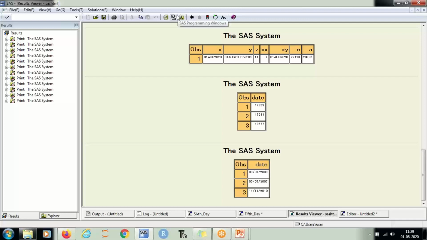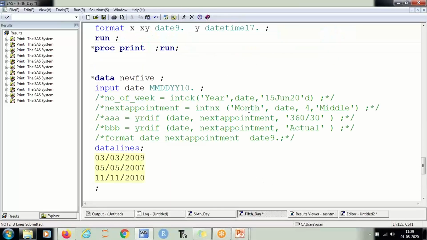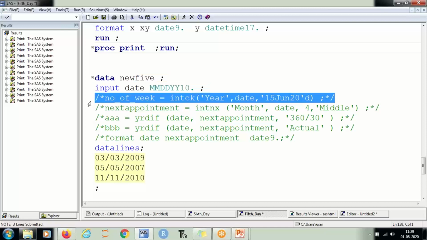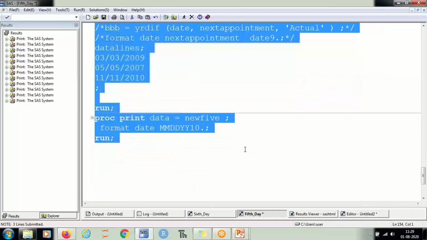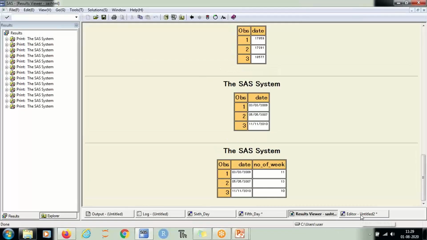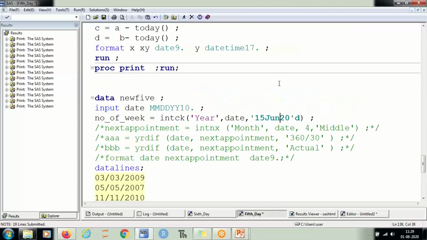All right. Now I want to check how many years will be there between this date and this date, right? So what was the date? So date was 15 June 20, right?